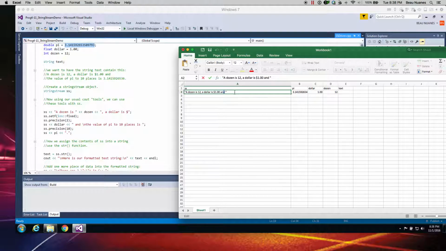Let's get the new line in here. So then, and now on another line, new line there, the value of pi to 10 places is, now why 10 places? Because we set this precision flag here. So is space, and then the value of pi to 10 places, which is